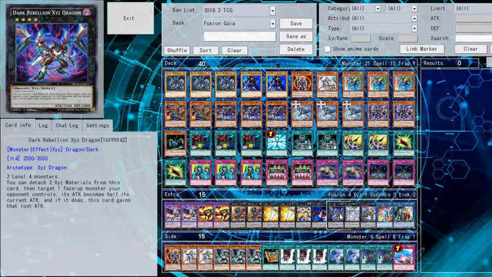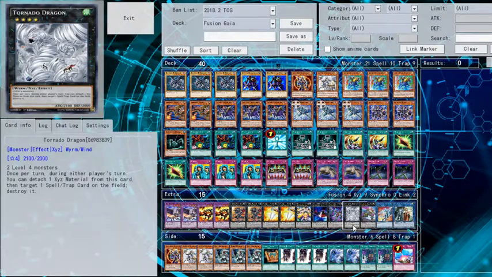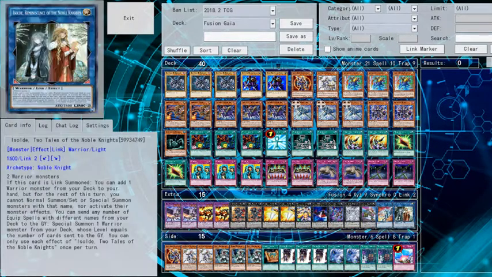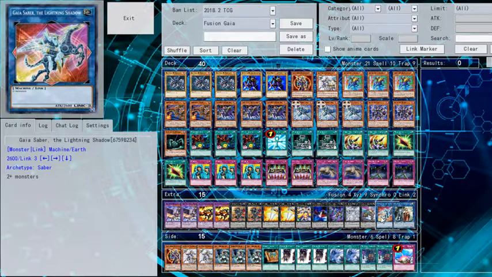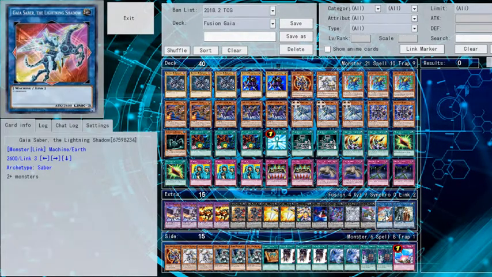Then for rank 4s, we have 1 copy of Dark Rebellion Ixie Dragon, 1 copy of Castel the Skyblasting Musk, and 1 copy of Tornado Dragon. For links, which we have as a sort of formality, we have 1 copy of Gaia Saber the Lightning Shadow, and 1 copy of Gold, 2 Tales of the